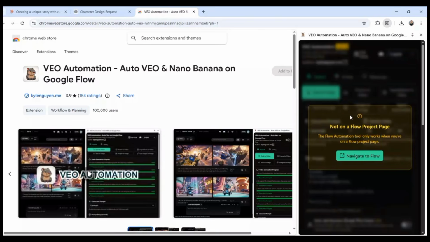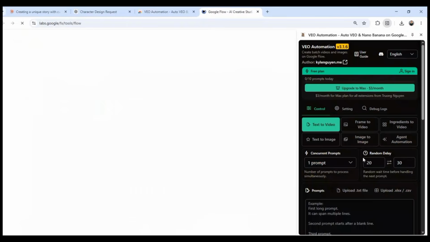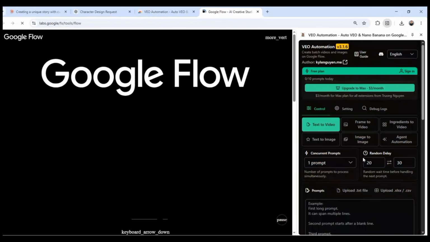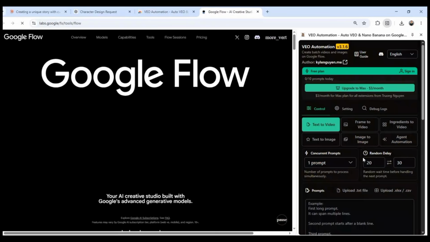Now once you click on the extension bar, come over to where you see navigate to Flow and click on it. Once you click on navigate to Flow, it will take you to your Flow interface, so that the Veo extension and the Flow AI can now be side by side,